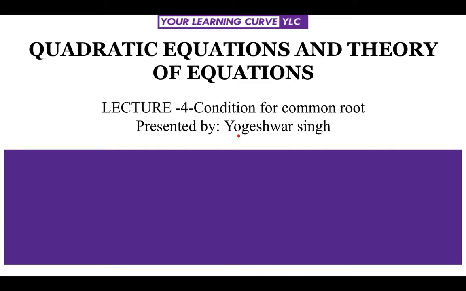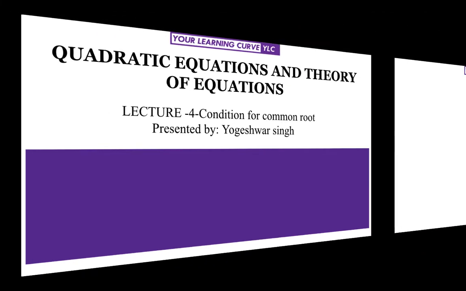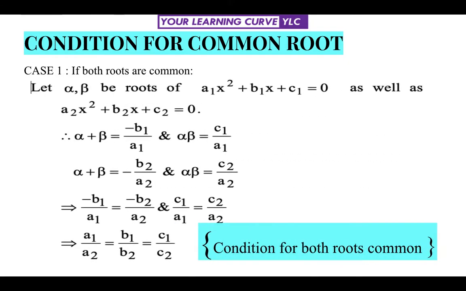Hello friends, in this lecture I will be explaining the conditions for common root. As we all know, a quadratic equation has two roots. As it is an equation of degree 2, it has exactly two roots. If we are given two different quadratic equations, then the most common possibility is that both of them have different